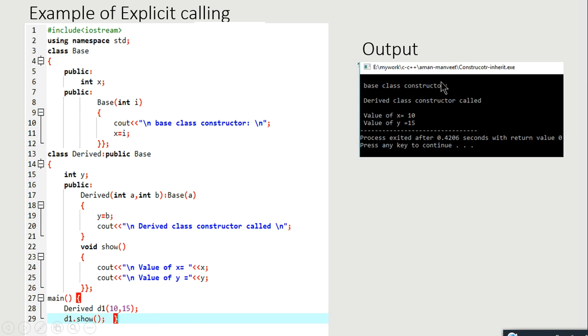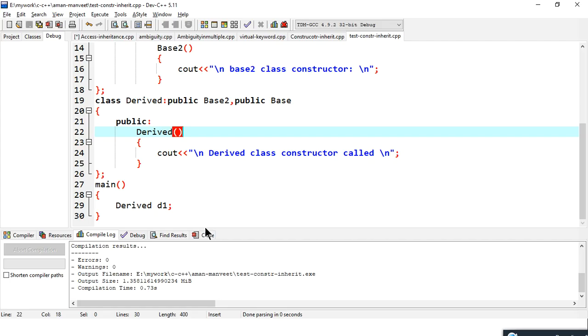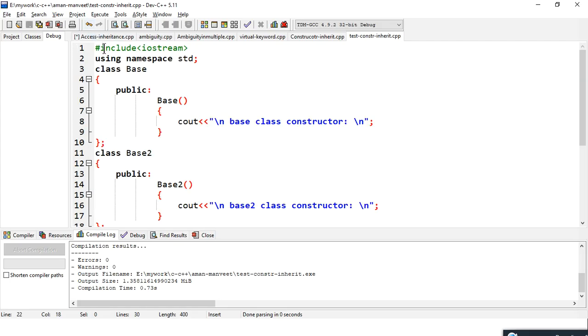Okay, and this is the output of your program. The base class constructor will be called first and the x value will be set, and then the derived class constructor will be called and the y value is set. Then when I call the show function, these x and y values will be shown. Now 10 and 15 are passed to a and b, and then from here this 10 is passed to i, which is copied to x, and the x data is printed, and this b value is copied to y and the y data is printed. Okay, this is the program